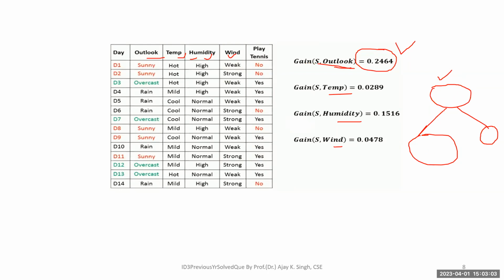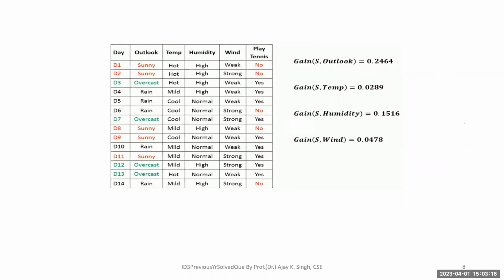Next, this is going to have some children. Based on that, we are going to put the children, and then what the next node will be is going to be decided in exactly the same way. Assuming you are getting me. This outlook is going to win because the gain is very high, so it must be on the very top as the root node. And this is less, because 0.2 is less as compared to 0.24, and the rest are less. That's why this will be the root node.